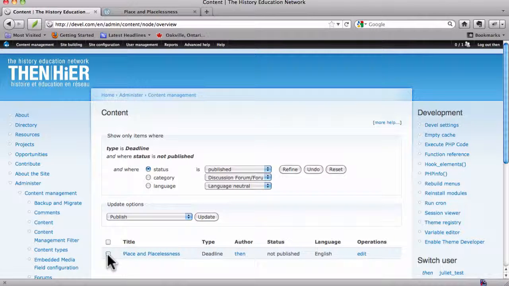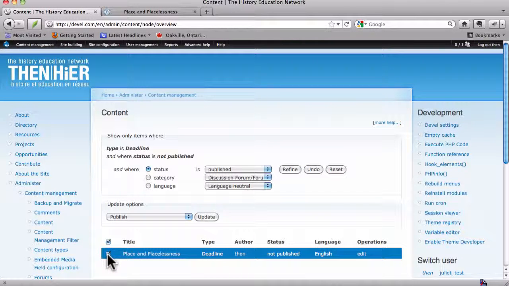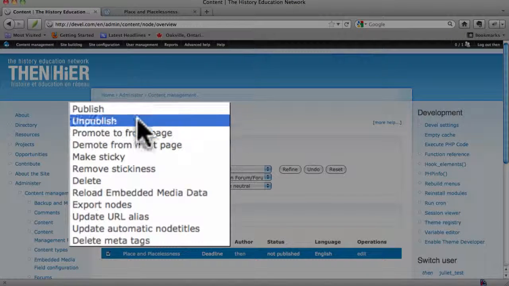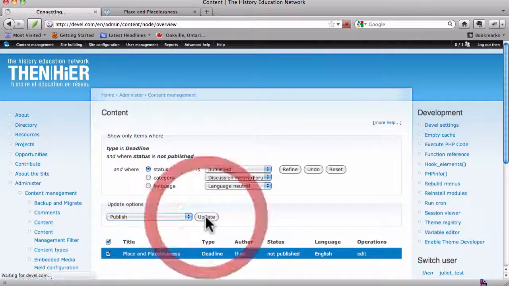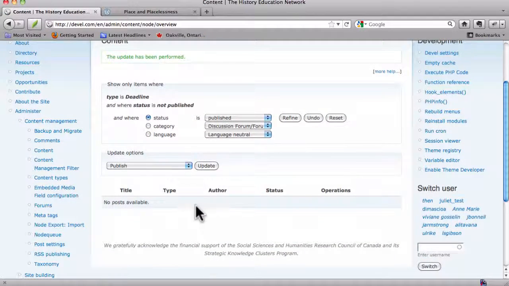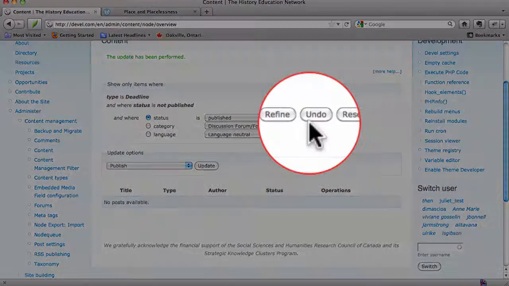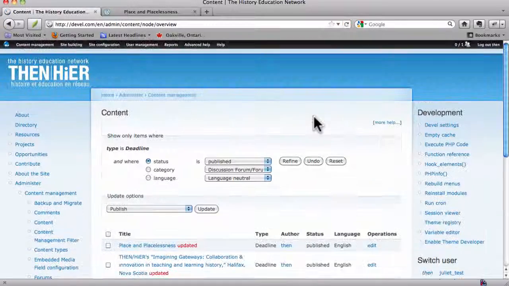It's showing up. And to publish that, all we need to do is tick the box there and select from our update options, publish, and then hit update. And now it's going to disappear from our filter there because we're only viewing deadlines where the status is not published. So if we want to remove this most recent restriction on the search filter, we can undo,